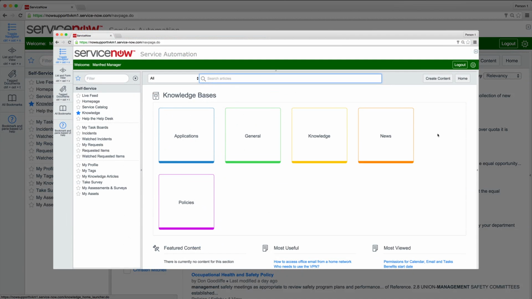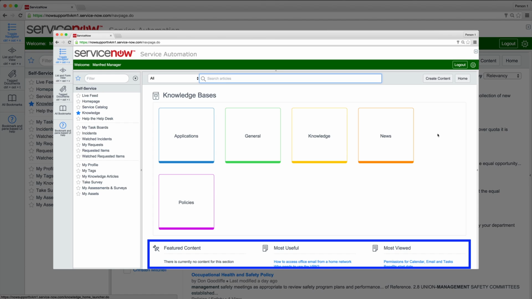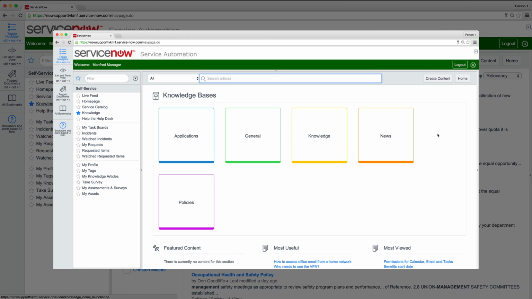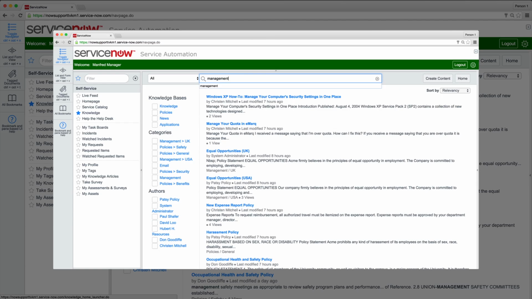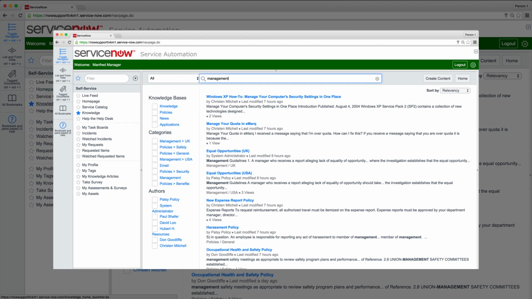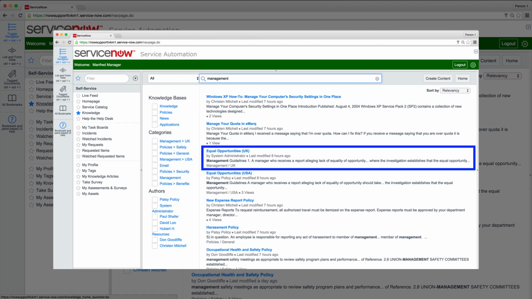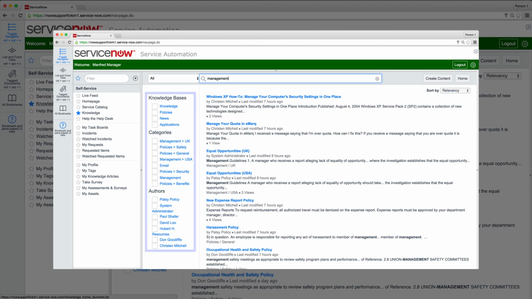In the KM version 3 knowledge module, after some content has been migrated but the version 2 Knowledge KB is still active, the featured content, most useful, and most viewed lists may contain articles the user shouldn't see. Search results are unrestricted, just as they were in the version 2 KB, so articles that the user can't view may appear here. And the knowledge bases, categories, and authors lists may also include items that aren't available to the